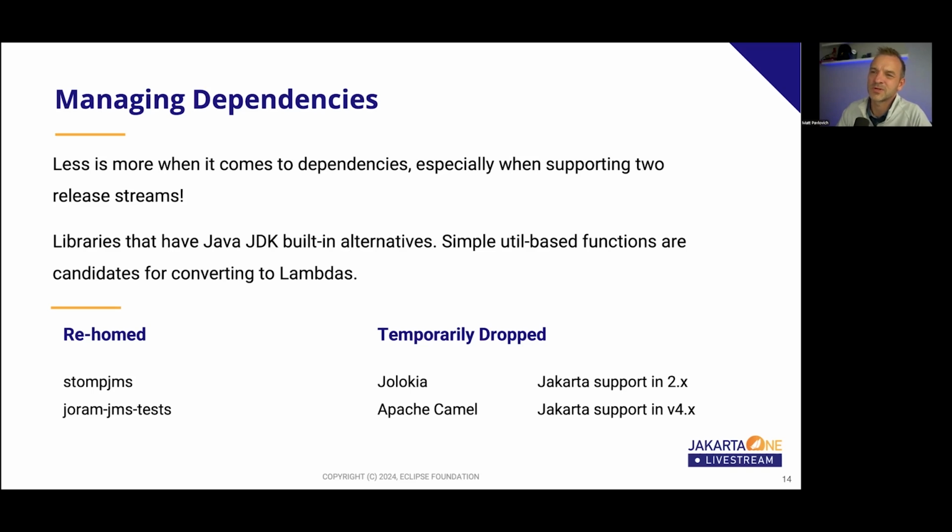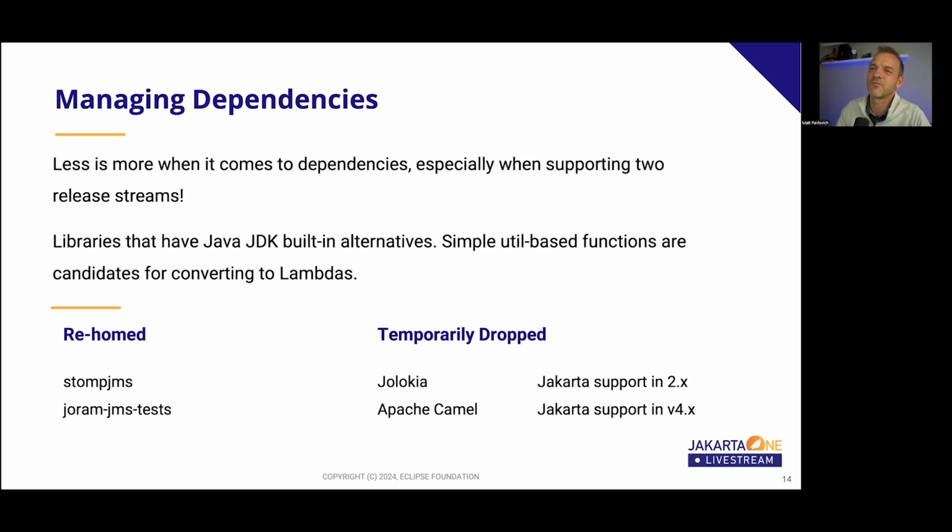A lot of this is about being able to backport from your Jakarta stream back into your pre-Jakarta stream. So less is more. If you've been doing Java a while, there are a lot of new nifty JDK built-in alternatives to these libraries, so definitely look at those: the NIO libraries for files, the concurrency utilities, all the new collections, obviously the time libraries, things of that nature. Try to use those and start dropping some of these dependencies.